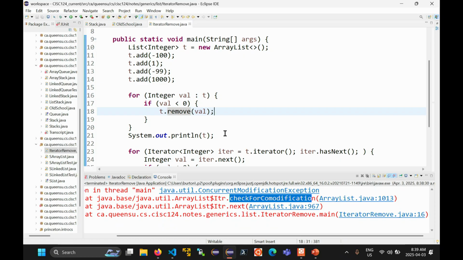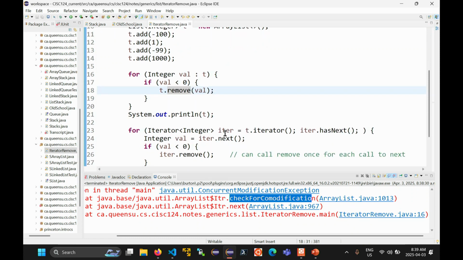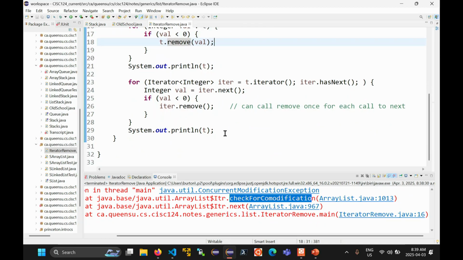You might say, well, okay, I'm not going to use a for each loop. I'm going to use a counting style loop instead. You'll end up with a different problem if you use a counting style loop. You'll end up missing some of the elements to remove. You can try that on your own and see what happens there. If you want to filter a list, then the correct way to do it is to use the iterator,